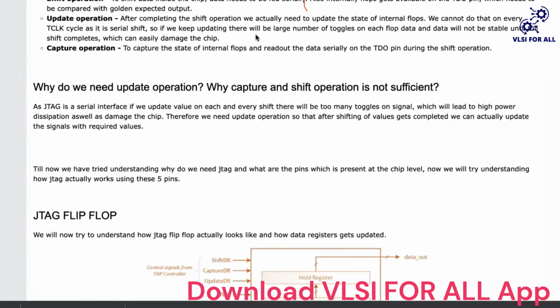If we update on every pulse, then the CMOS will charge and discharge the capacitor every time, and it will lead to the dissipation of power. Yes, that is one issue. Another issue,